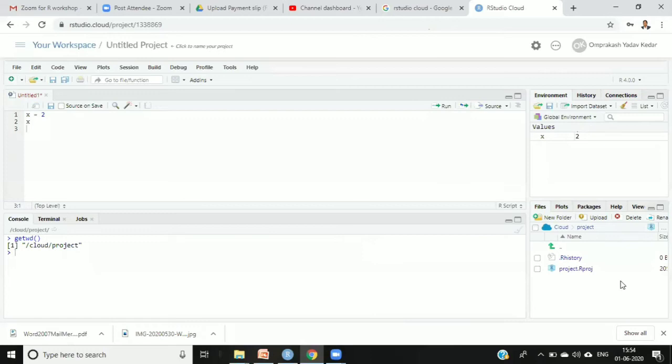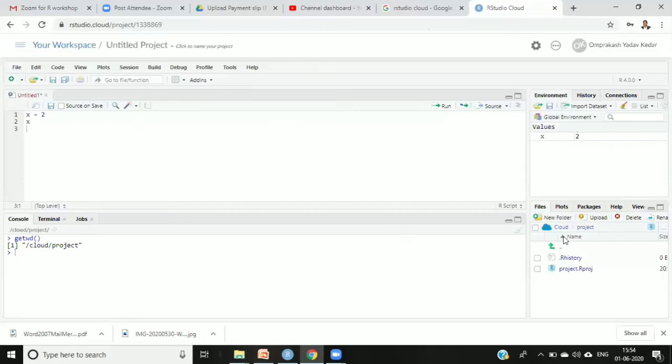So on the cloud, whatever we have to do, we will have to upload the things. For example, if you want to use any data set, first of all, we will have to upload the data set in that particular directory. So here the directory is set to project. If you are going to upload anything, that will be uploaded in this particular directory by default. So no need to set anything, right? Let it be the same directory over there.